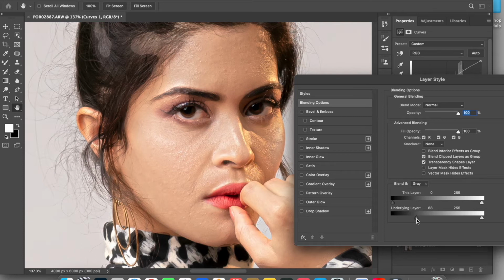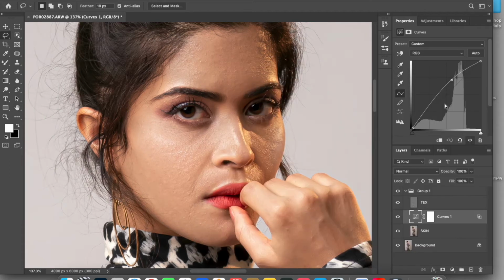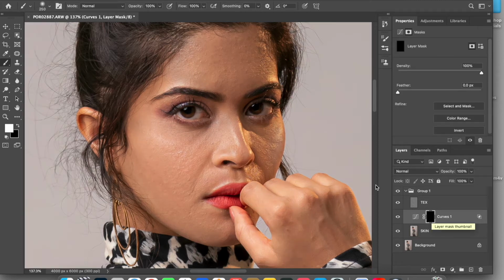So you need to hold Option and click to split this so it looks more natural. Once you're done with this, hit OK and use your brush. Make sure the foreground is white, and go back here, invert the image and color.